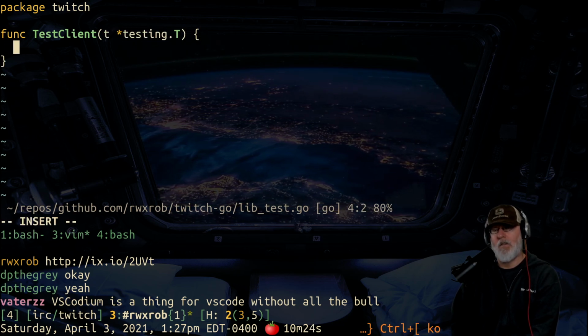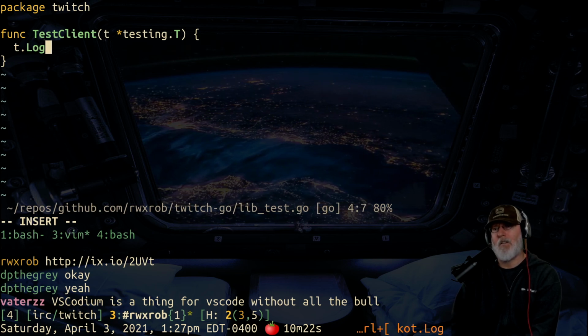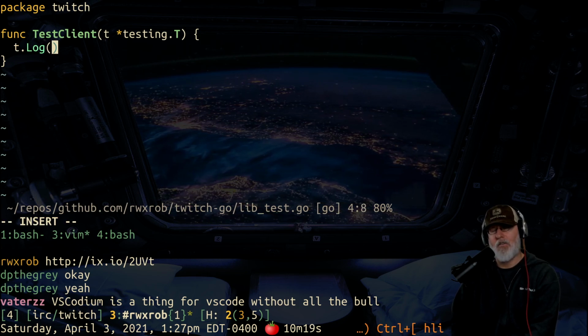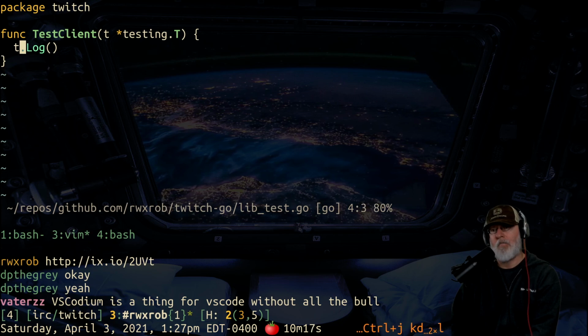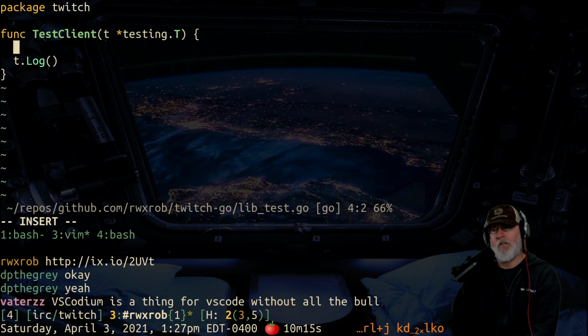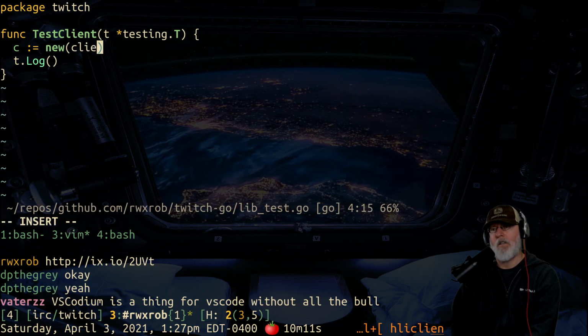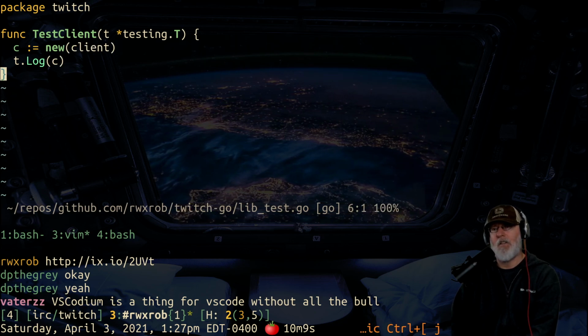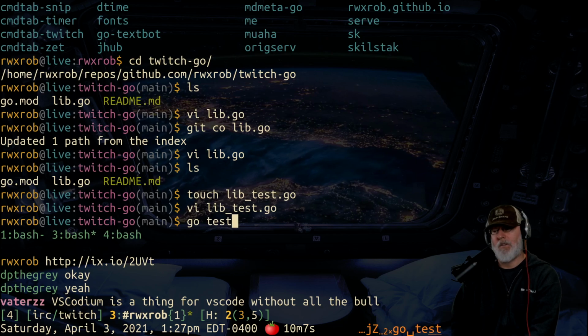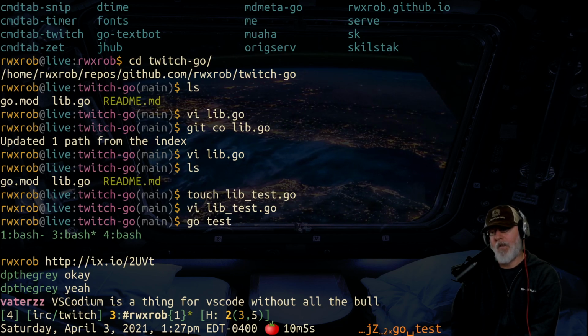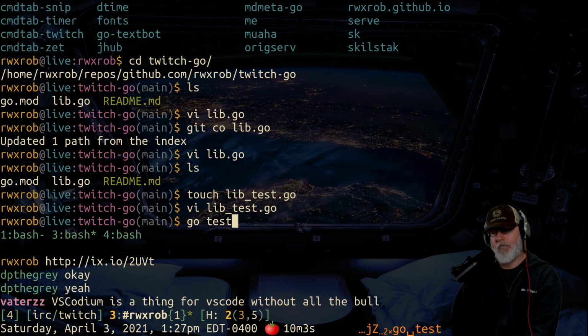And then a lot of times just to get it to run, I'll t-log a call to the thing. So I'll say, I don't know, we could say client equals a new client, and then t-log the C. And then when I do go test,